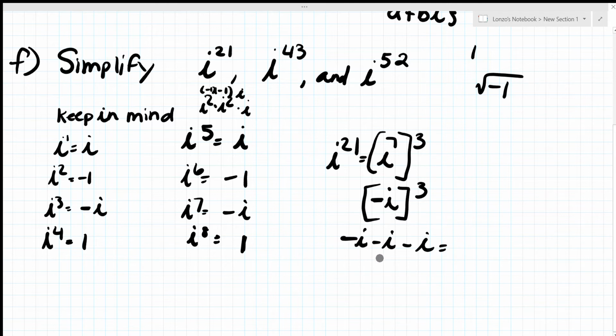This becomes what? -i times -i is +i squared, and then times it by -i. We know that i squared is -1, right? And then times it by -i. So your final answer of i to the 21st, it's just